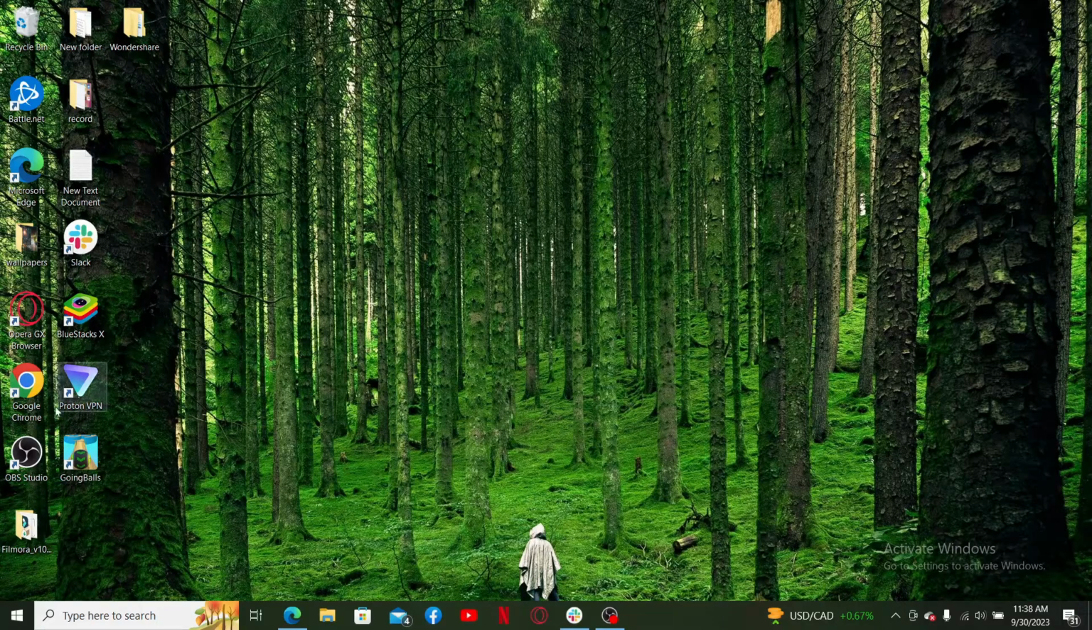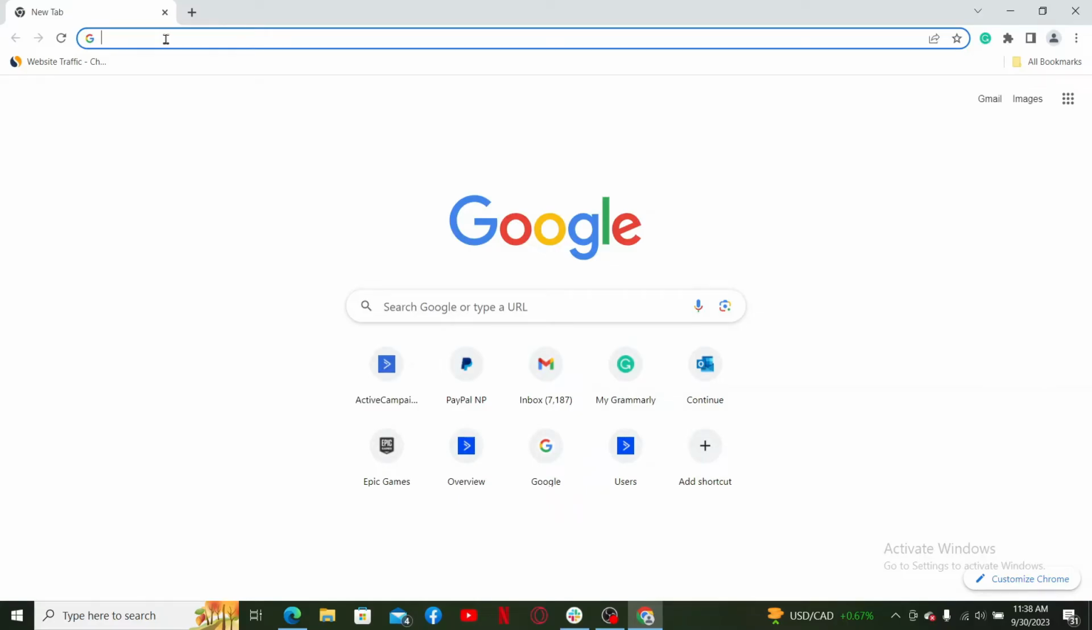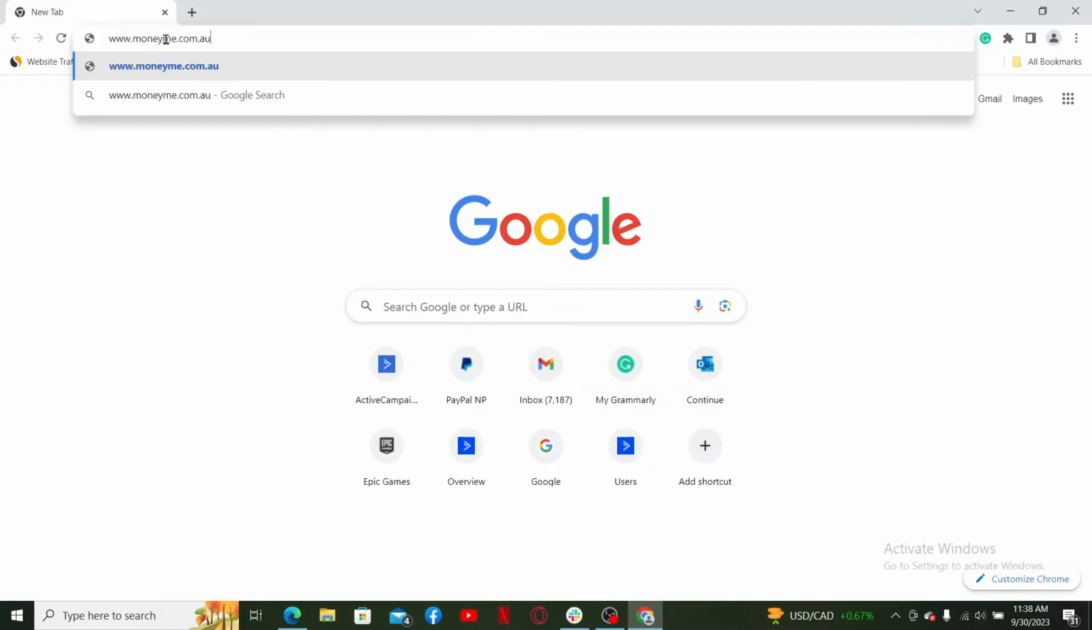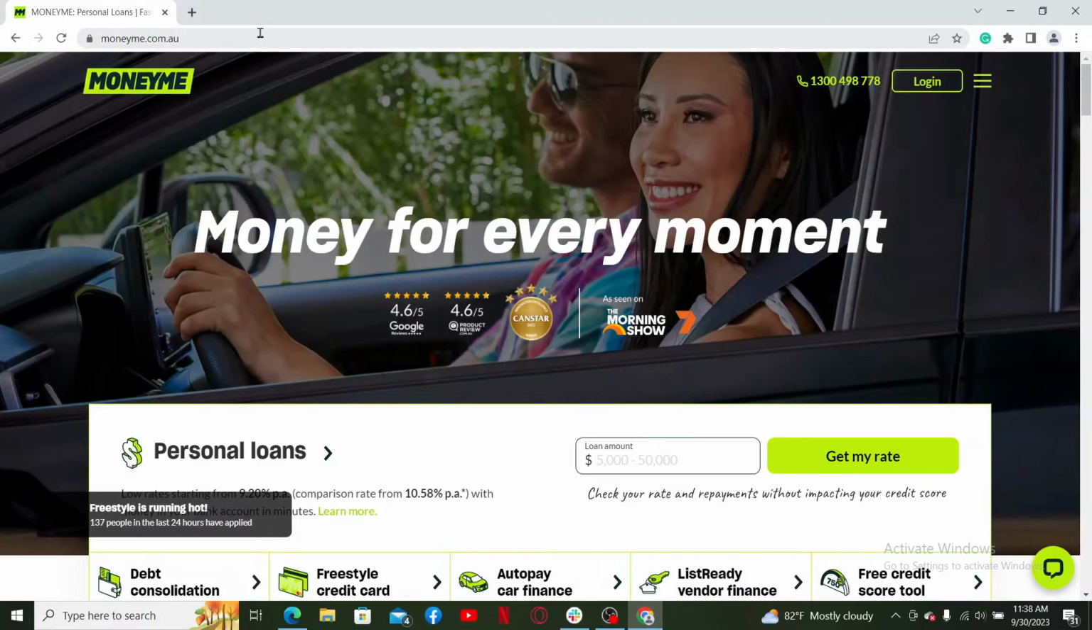Start off by opening up a web browser of your choice. Once you are done, go to the search box at the top and type in www.moneyme.com.au and press enter on your keyboard. Once you end up in the official site for MoneyMe, click on the login button at the top right hand